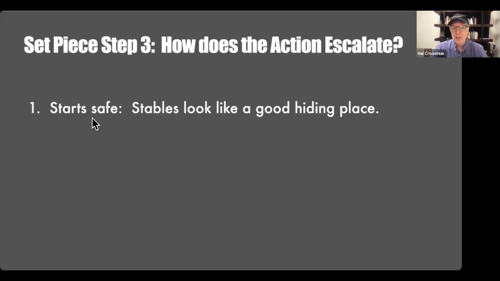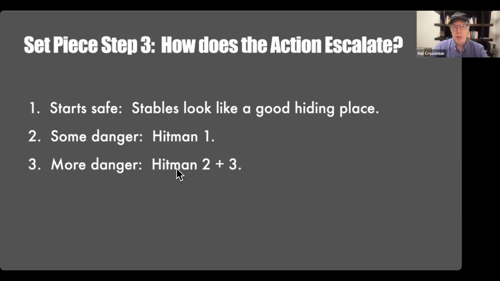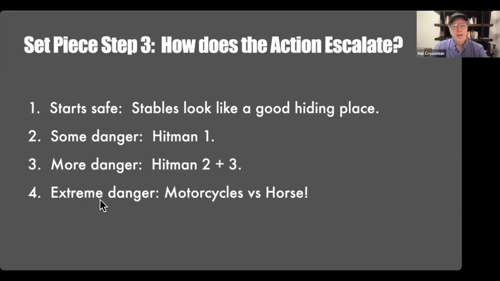So here, again, it starts safe. He goes into the stables looking for a hiding place. Then some danger, Hitman 1 comes in. He takes out Hitman 1, then more danger, Hitman 2 and 3, and then finally extreme danger, motorcycles versus a horse. And why I'm going to call this extreme danger,